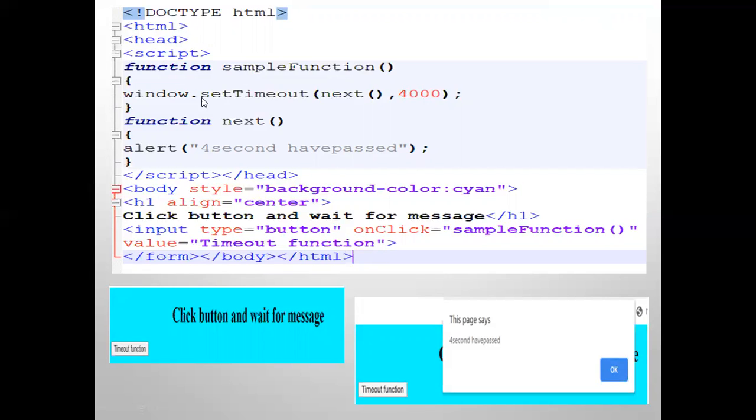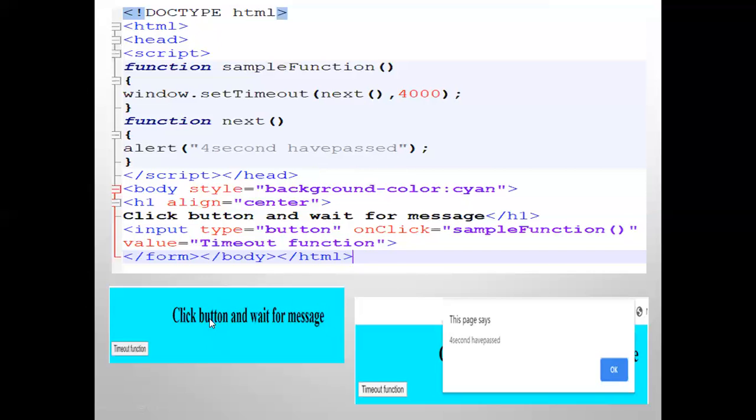So in this there is window.setTimeout next 4000. This is the milliseconds figure, 4000 milliseconds. So after this many milliseconds, it will go to next and it will show me this message. Here there's only one message, alert, 4 seconds have passed.